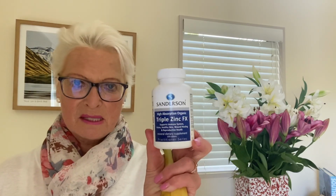I'm holding peanut butter, good old New Zealand peanut butter. I'm also holding butter, this lovely beautiful Lewis Road butter from New Zealand. I'm holding a banana and I'm also holding some zinc supplements. And the reason I'm holding those is because I've just come off a call with the health practitioners who are